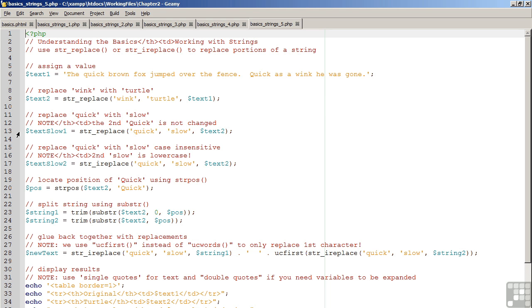On line 13, we're going to replace quick with slow. However, you'll notice because it is case sensitive, only the first occurrence will be changed, not the second occurrence. If we do the same thing with str_ireplace, both occurrences will be changed. This represents a problem, however, because now we have a sentence where the beginning of the second sentence is lowercase